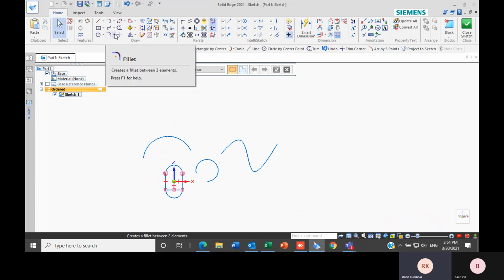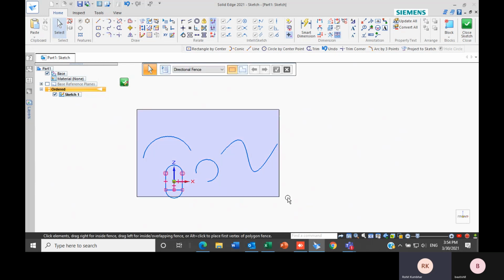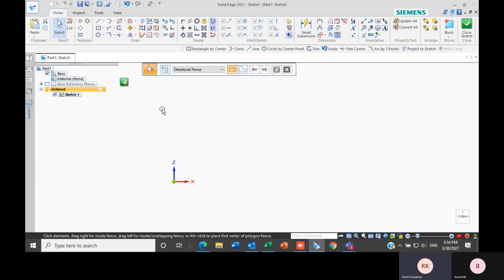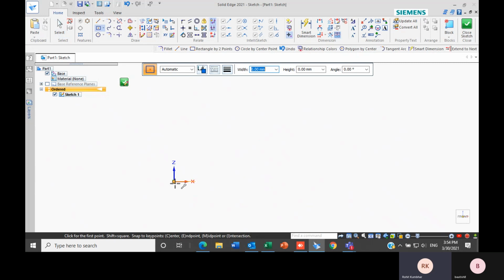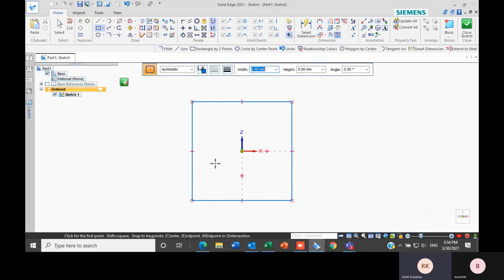Our next option is fillet and chamfer. Let's say this is my rectangle here. I want to create a fillet for this rectangle. I just have to select the fillet option, and then select the two lines between which I have to create the fillet.